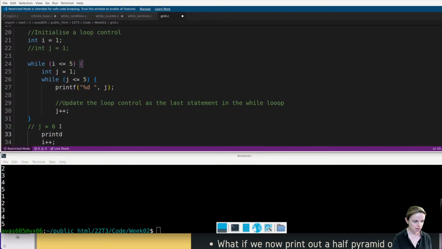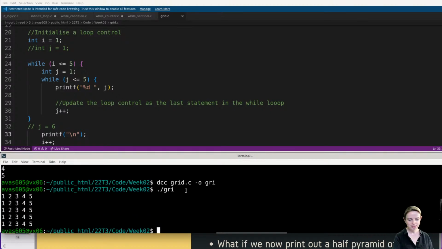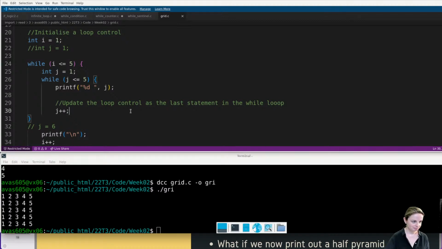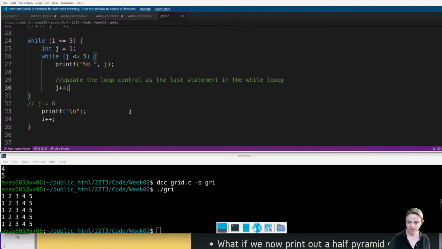So line 30, it was line 32. So let's do a new line and then we'll keep it going. Let's save that, and here, let's compile it and run it again. Beautiful, look at us go. We've got a beautiful grid going on. Amazing, it's everything that we've ever wanted. How stunning is that? We've solved a grid.